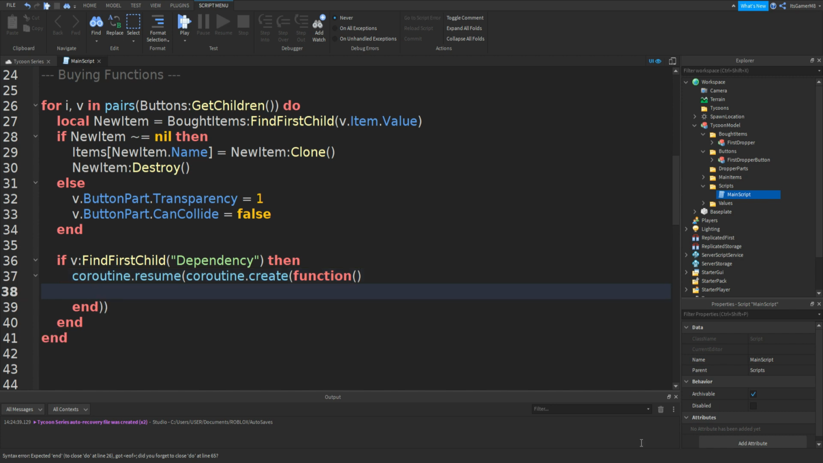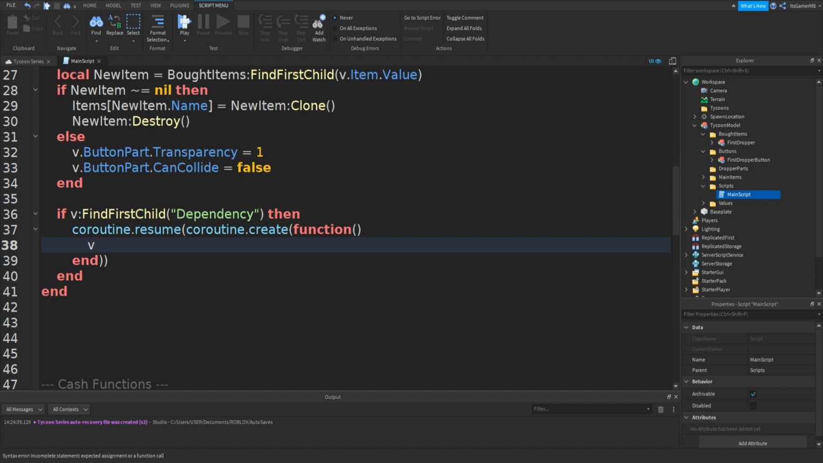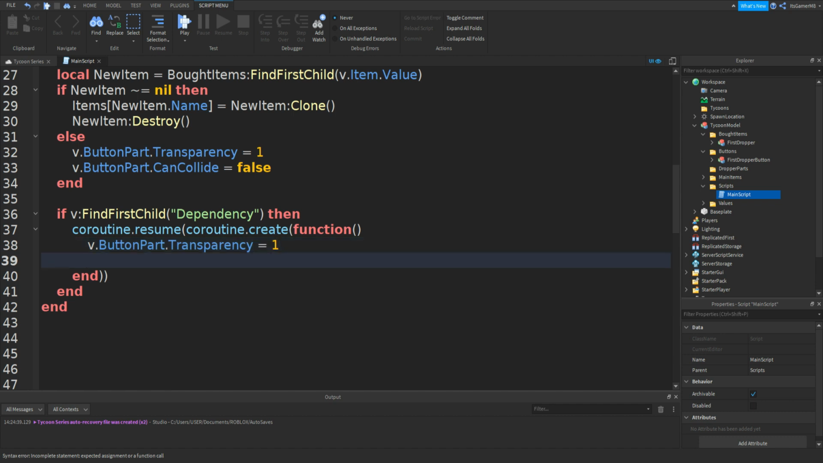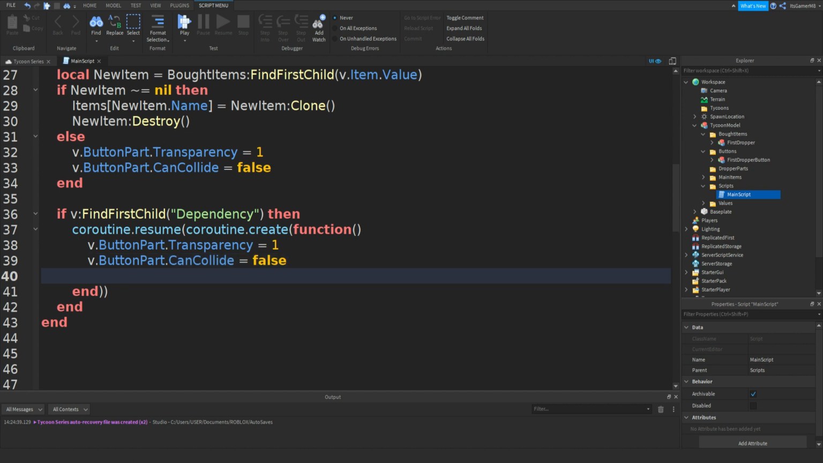Go down, a new end should appear with two brackets this time, then type in v dot button part dot transparency equals 1. Do the same for the can collide, so v dot button part dot can collide equals false. Then go down, type in if bought items colon wait for child brackets, then v dot dependency